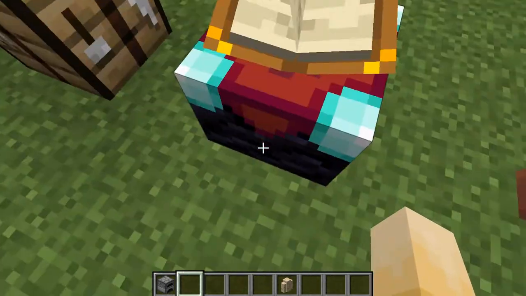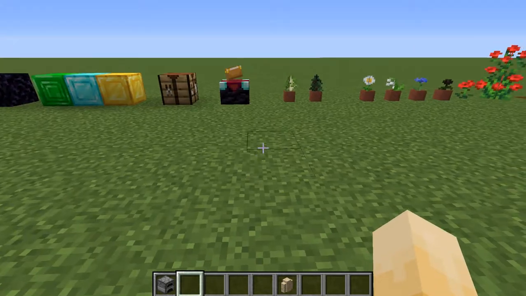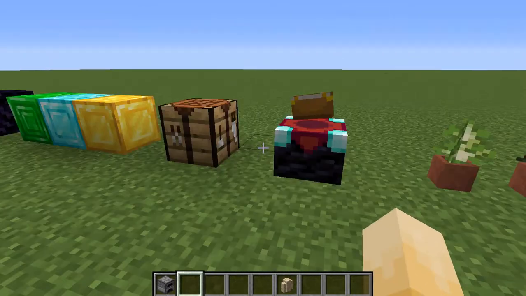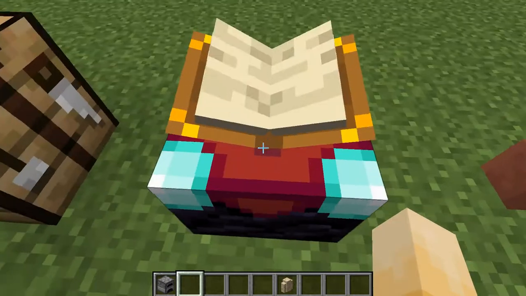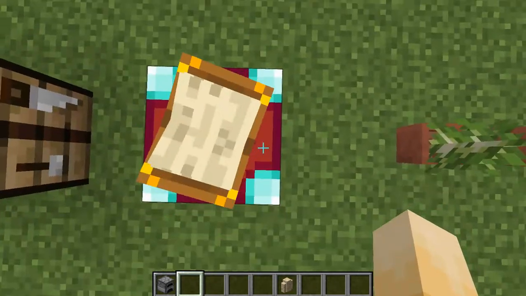The red in the enchantment table is weird. It feels like it stands out in a bad way from other blocks. I don't like this update to this thing. I hope they fix it and just make the red a bit more...